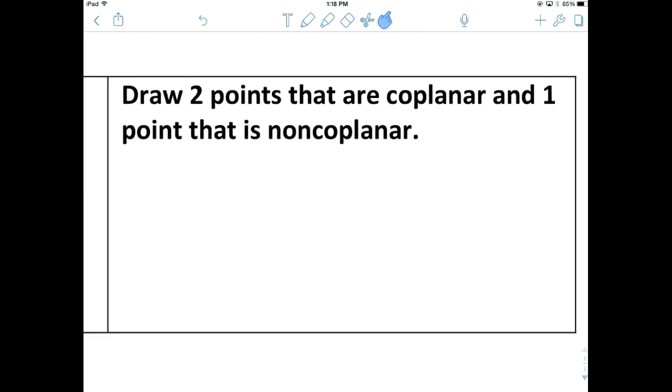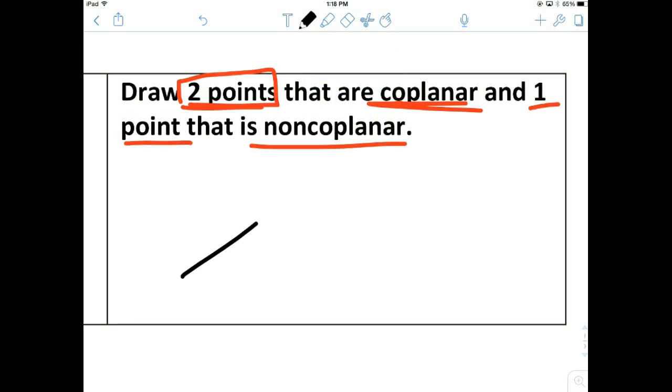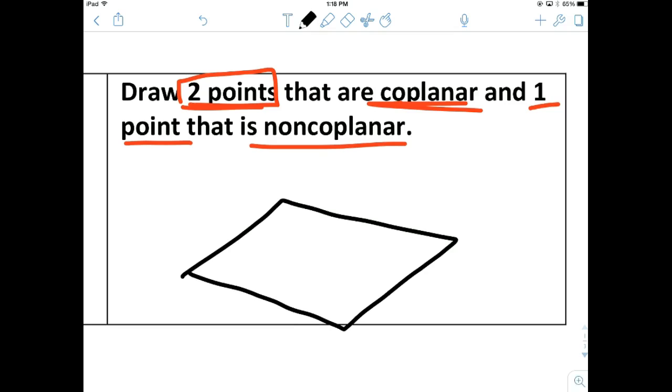And then finally, we got to use that vocabulary word coplanar. So we for sure need to draw 2 points. All right, that shouldn't be too difficult. We need to draw 2 points that are coplanar, on the same plane. Then we need to draw 1 point that is not coplanar. So let's get a plane down. We know we need to do that. I see that word coplanar. It'll be easier to draw if I have a plane. We can call point A and point B are on that plane. And if you imagine that point C is hanging out up above,